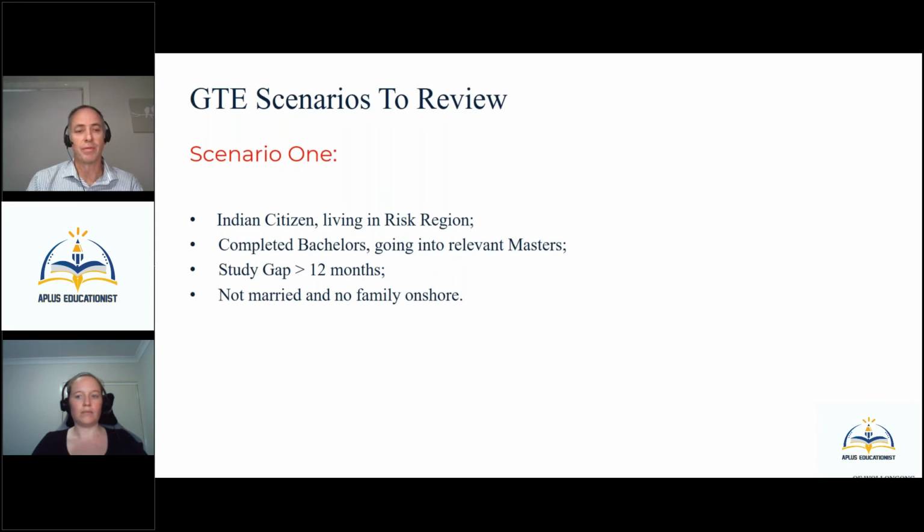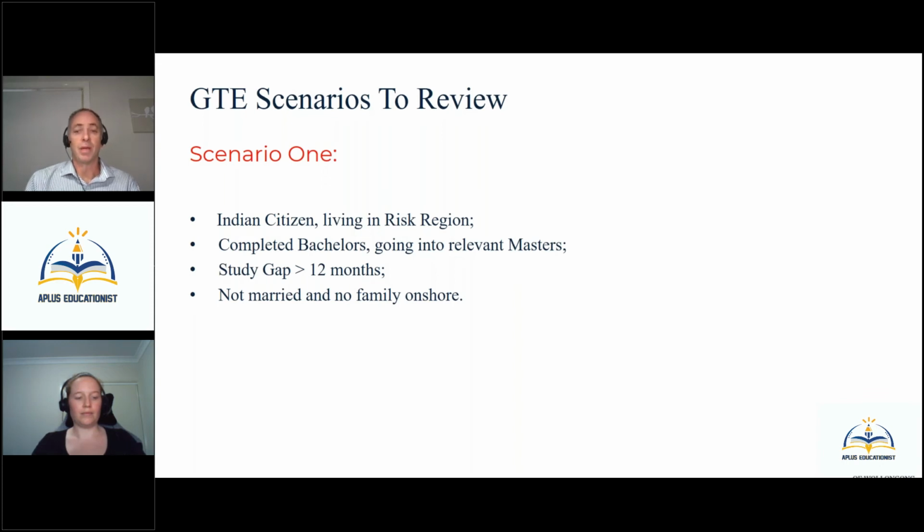We sought some further clarification from the student and asked them to provide a stronger statement of purpose. Whenever we do that, we look to be as specific as we can in terms of the additional information that we ask for. So we will say, please respond to, in this example, additional clarity on the gap and anything else you undertook during the gap. The student did not provide any additional reasons or evidence for the study gap, and because of that, combined with a risk region, the student was ultimately rejected.